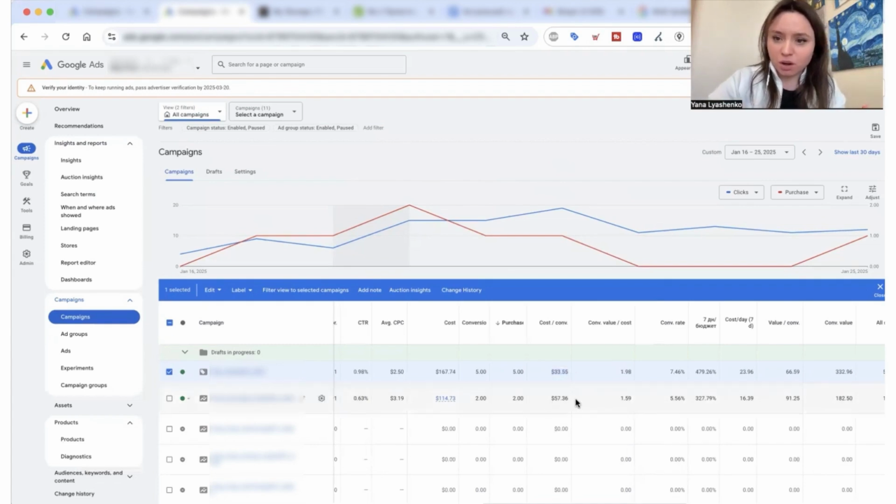Because, as we remember, at the beginning, PMax was actually delivering even cheaper results than standard product ads. Standard product ads are now much cheaper because, in fact, their traffic has been cleaned up pretty well, with some assumed negative keywords. And of course, their conversion rate was quite high. So yes, you can definitely bring the cost down much further.